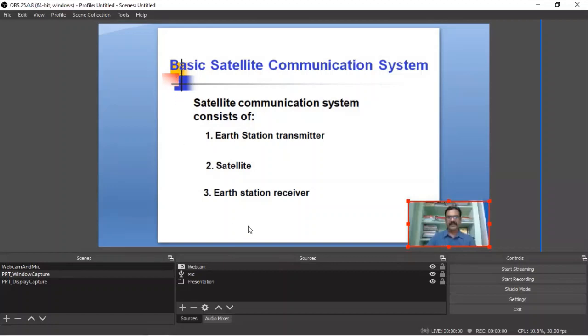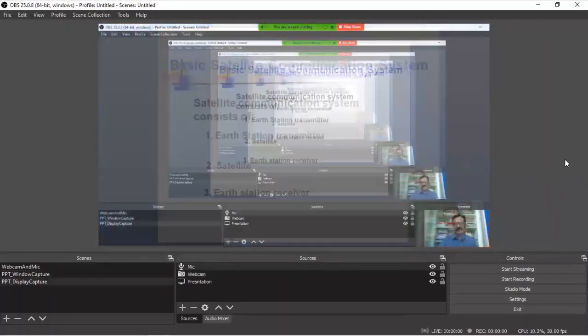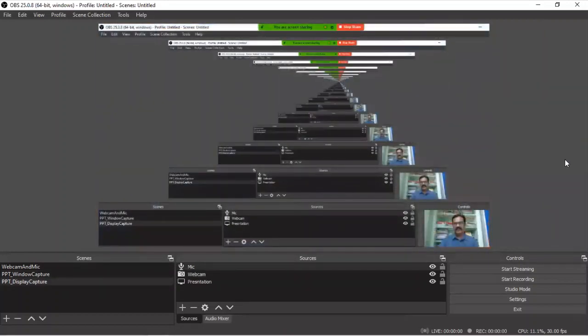PPT, it is not in the slideshow, only you can scroll on the different slides of the screen and explain. Your face also will be recorded here. If you press F3 and open the particular PPT slide show, then you can show the animated PPT and then you can record it. So we have F1 for scene 1, F2 for scene 2, F3 for scene 3.